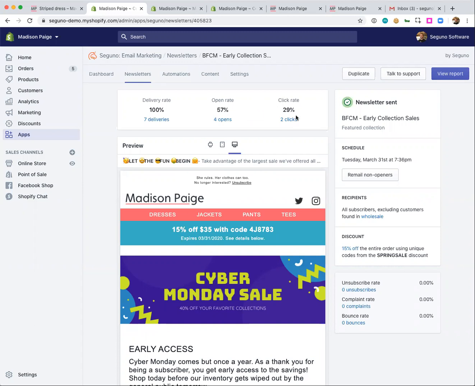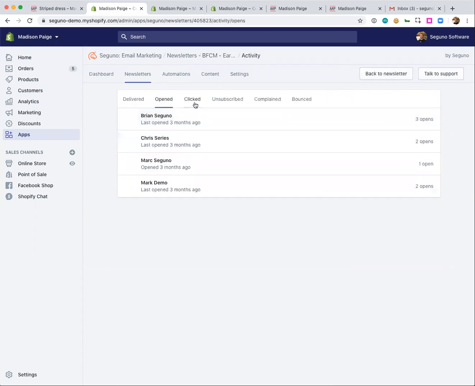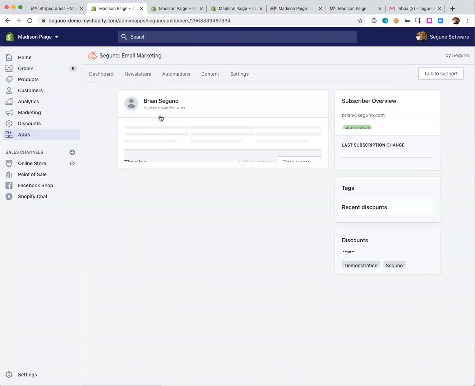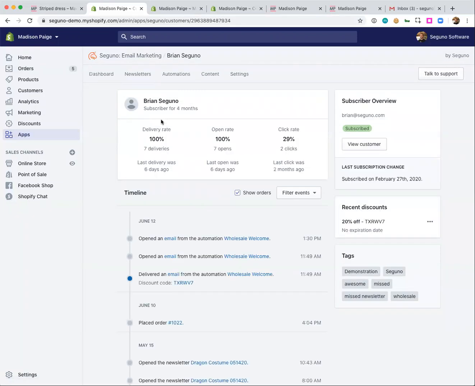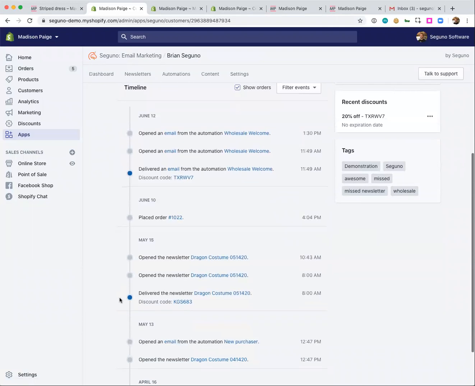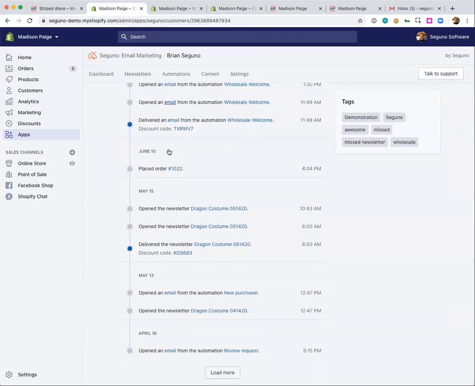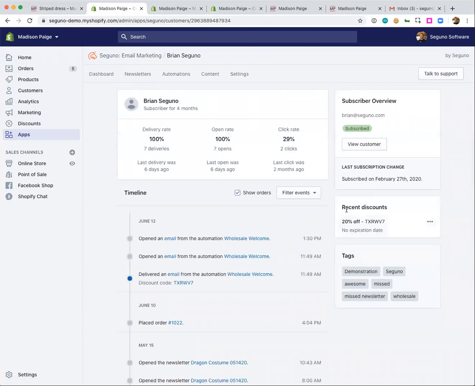If you want to see the people that are actually taking these actions, select that just down below with the count. So I can see the 4 people that opened my message and how often they've opened as a subscriber overall. I can actually select them from this list, and then we'll take them to that subscriber overview. So from here, I actually get a full timeline of how they've engaged with my email. I can see all the different messages that I've sent them, how often they've opened them, any orders that they've placed. I can come over and see if they have any valid discount codes,